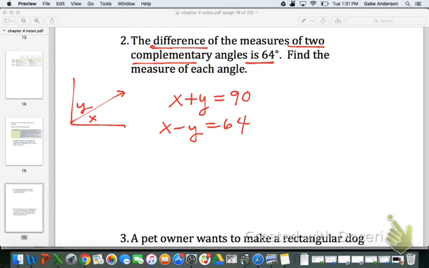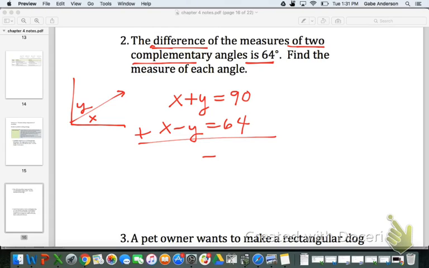And will you talk us through how this one's going for you? I think I did this right. We got our system set up. What would you do first? Oh wait, so the y's cancel out. So we're going to add. Okay, so when we add, you said the y's cancel out. What do we get when we do that? X equals